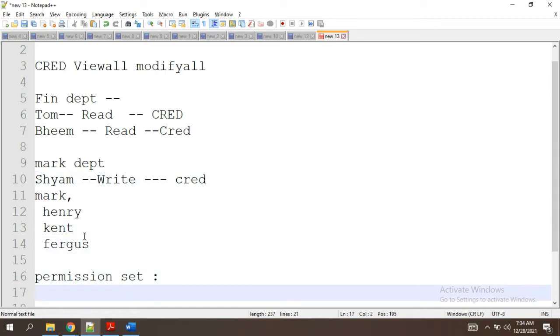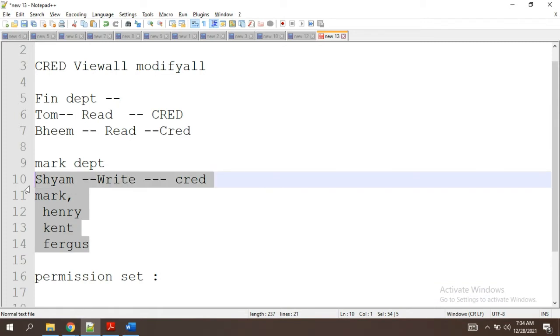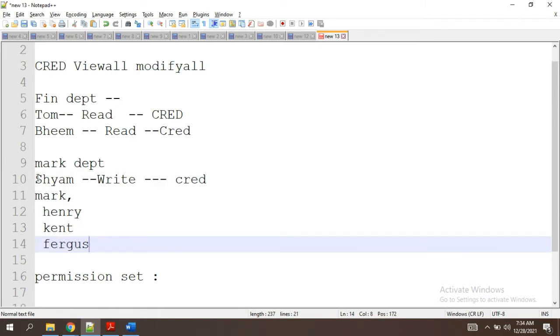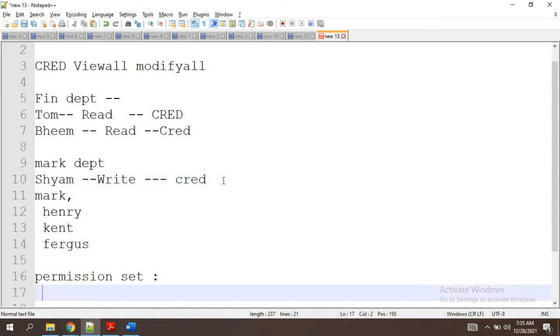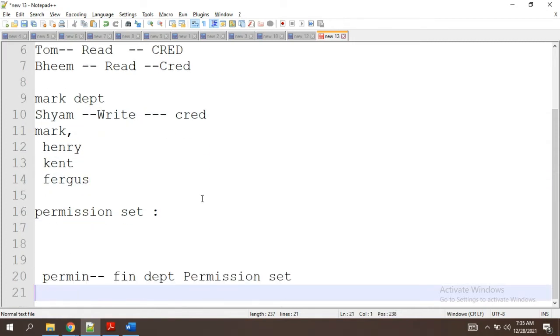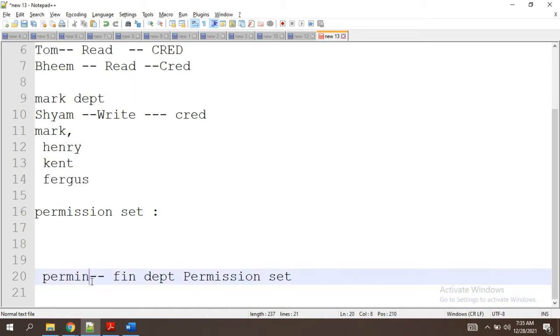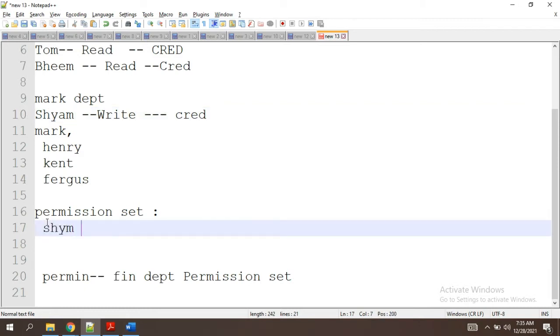Okay. There are five users in the marketing department we have added, but only Sham wants some additional data for the other records of Fin department. At this moment, we are creating the permission set with the replica of Fin department as the name. So from here we are going to give the permissions to Sham alone. So now we can add to Sham.